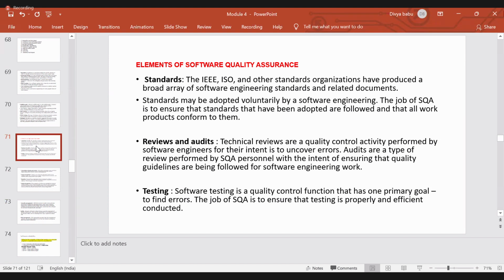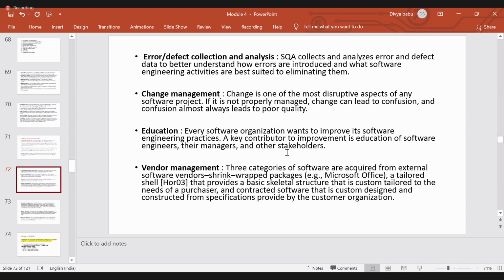Then reviews and audits means frequent reviews are needed to uncover the errors. And there are some guidelines you need to follow. Whether you are following those guidelines is checked in the auditing section. And testing you have to do very frequently, not only one testing, you need to choose multiple test methodologies to identify the errors at an early stage. At the time you identify the errors or defects,